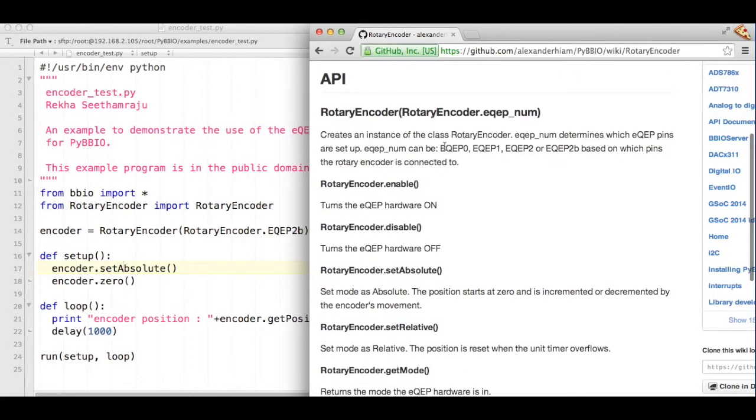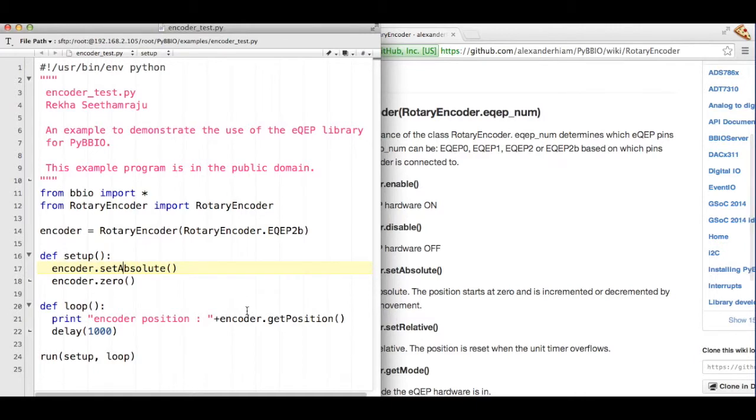This is the example in which we are using the eQEP2 pins to connect the rotary encoder. In the setup, we are setting the mode to absolute, and we are setting the position that it is at to 0. In the loop, it's reading the position of the encoder and printing out an output every 1 second.